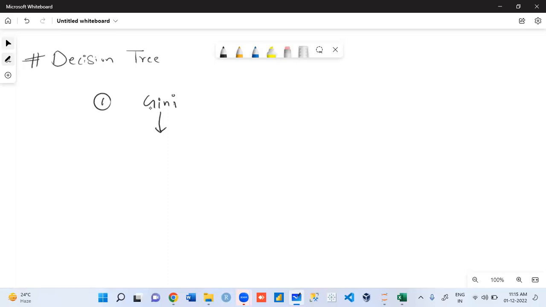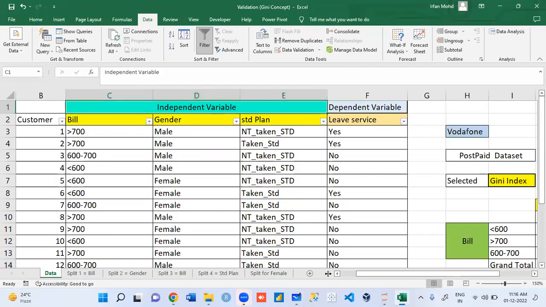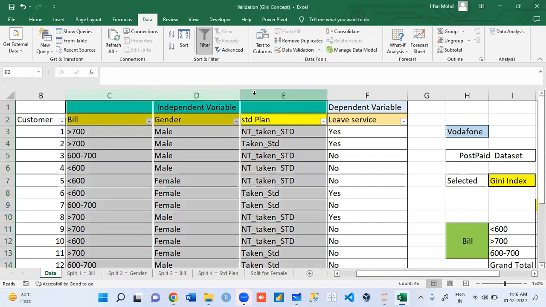What Gini does, guys, is find the best variable. Now question comes, what is best variable? How do we get the best variable? So what we do, in our example, we have the x variable. ये क्लियर हो गया? अभी तीनों x में से हमें क्या फाइंड करना है, कौन सा बेस्ट है? So first I'll compute the Gini value for each and every x variable and select the variable which have highest Gini value.